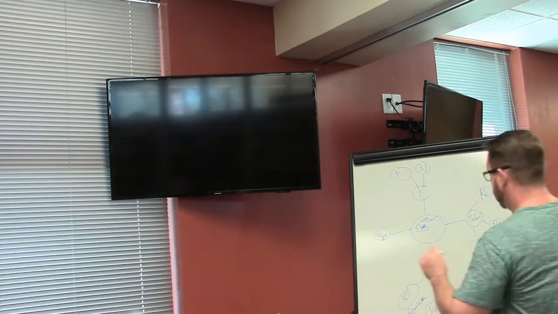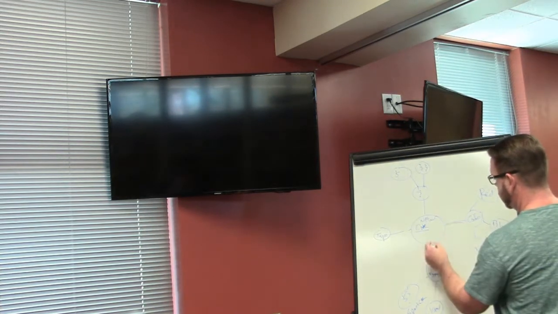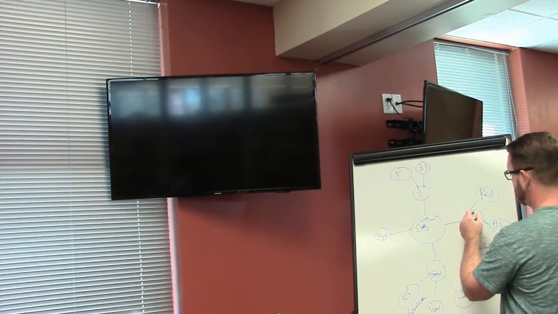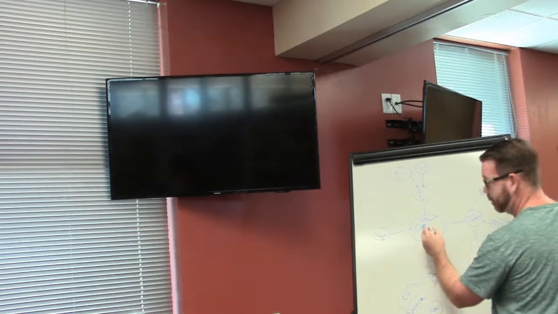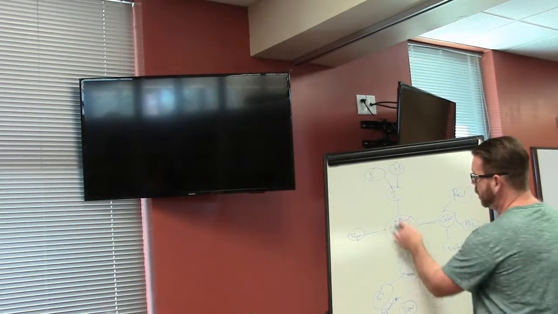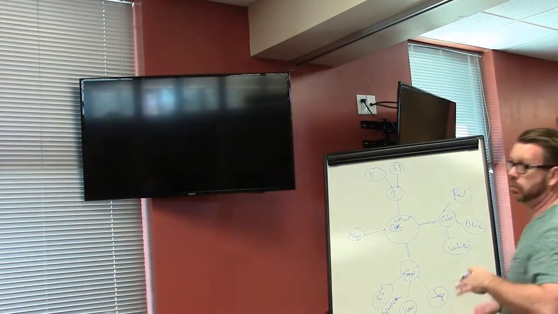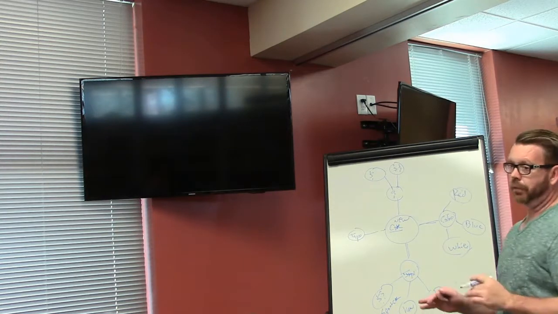Some of the stuff the computer ones can do, it'll color code these lines. You can add pictures. Let's say you were doing this on a computer with a new car. You could put a picture of a car on this. You can change the color of the circles and the lines. It can get really fancy.